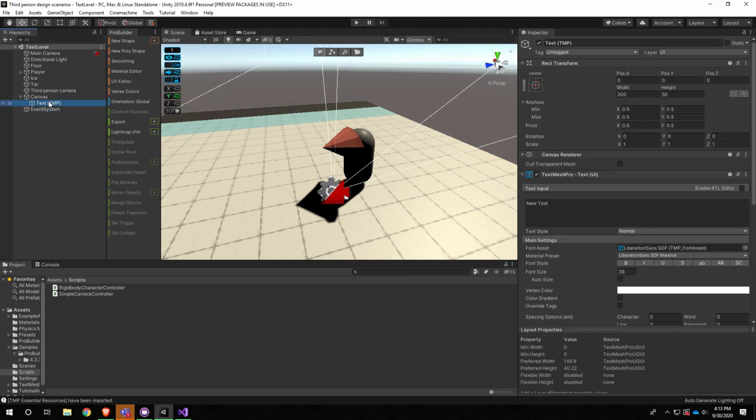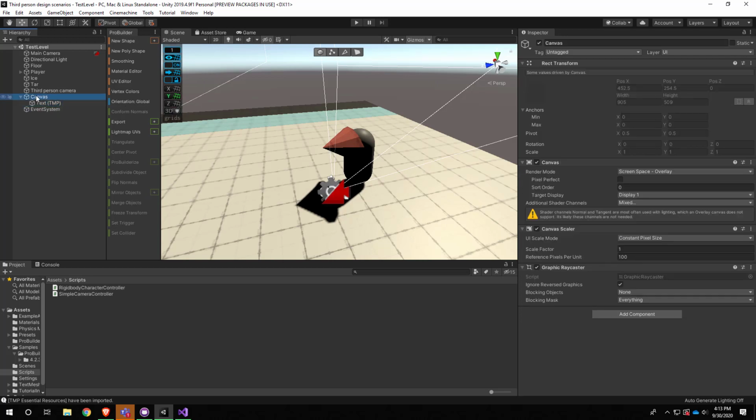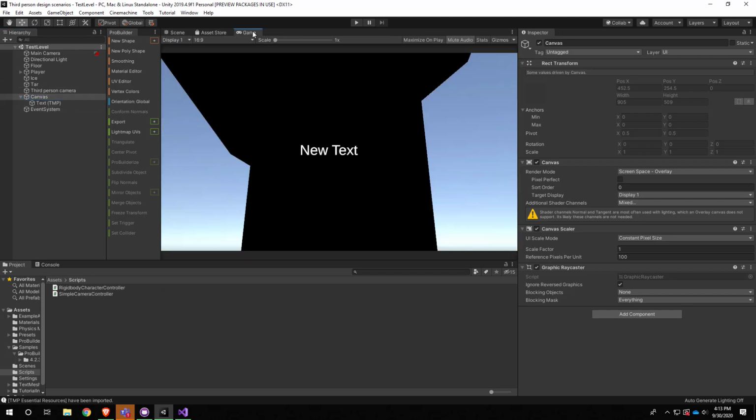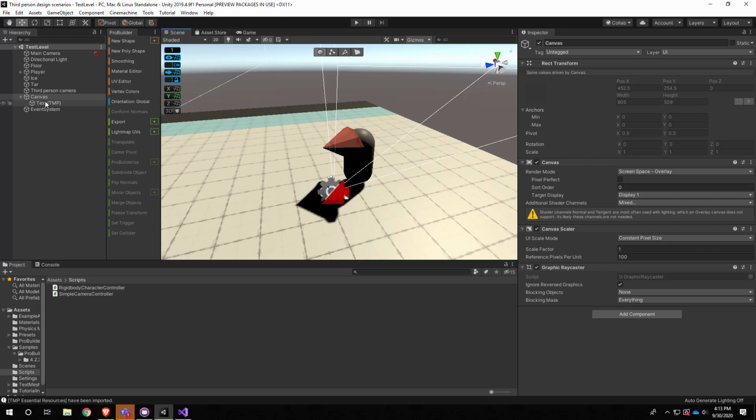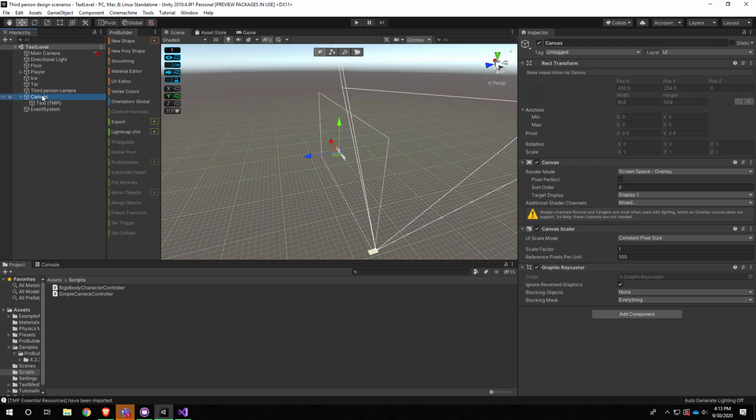And then the TextMesh Pro text is like UI text that should appear on the screen. All of the UI stuff has to live on a canvas game object. So if you don't have one of those yet, it'll automatically make it for you. And I guess before I commit this, I want to get it set up how I want. So at this point, you can take a look at your game window and you'll see your text there. You can see it in the scene view too if you were to double click your canvas, and you'll see